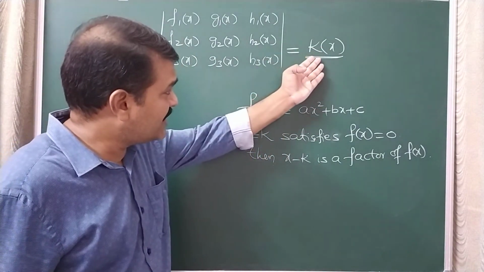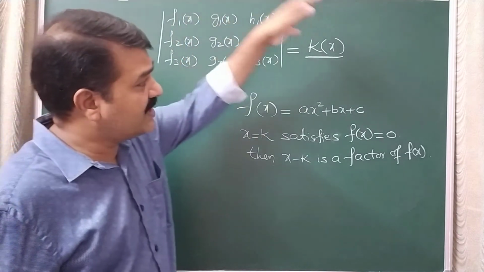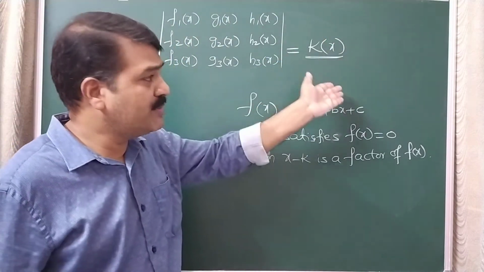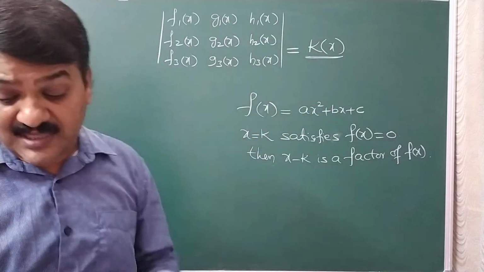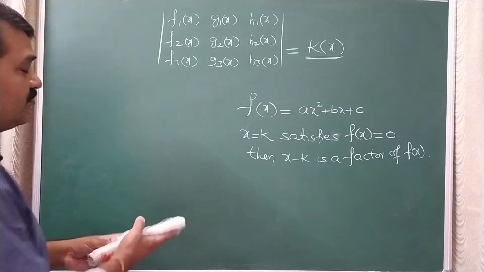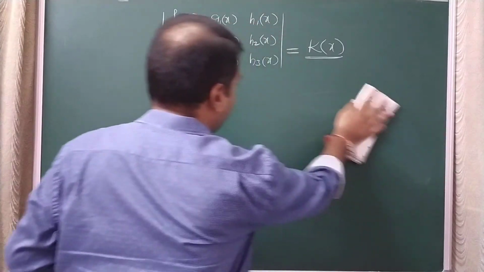K of x is what? Whatever answer you are getting for the determinant is going to be a polynomial. So this rule applies for this also, no? Right? So that I am going to write now. So what I am going to write now is,